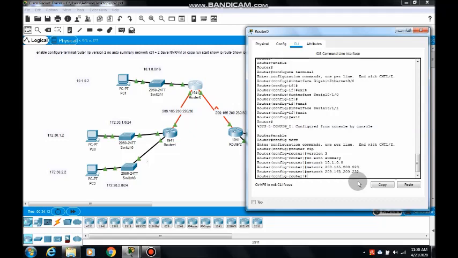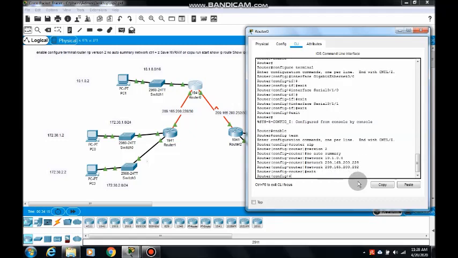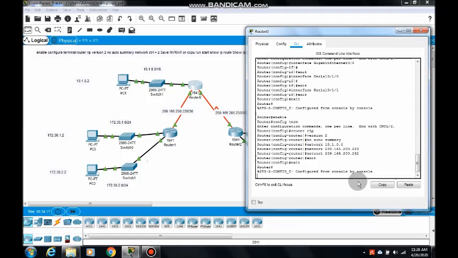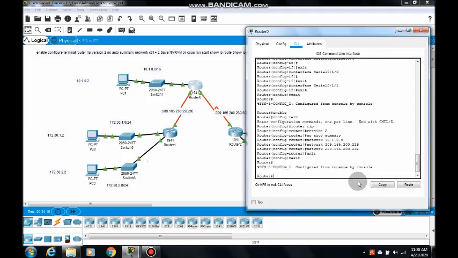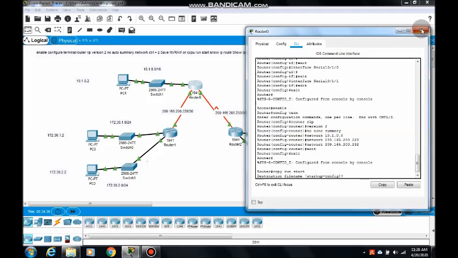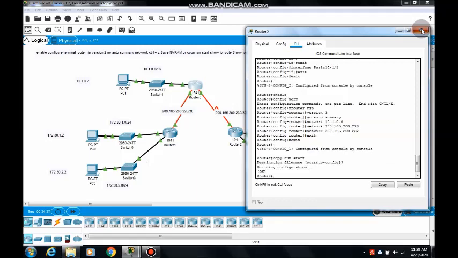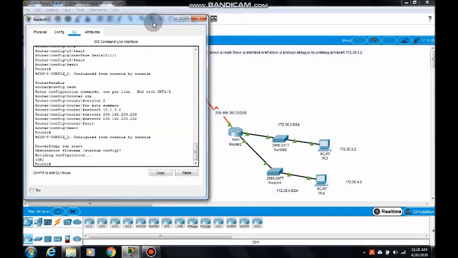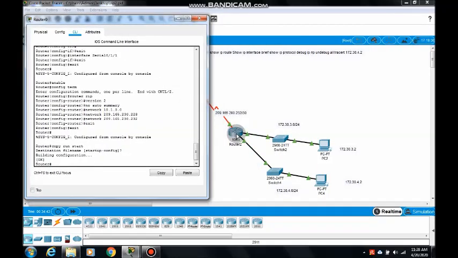So 3 networks are connected. Exit. Okay, so the configuration of router 0 is also completed. Now give the copy run start command. It will copy the configuration settings to the startup config file. So the router configuration process is completed.